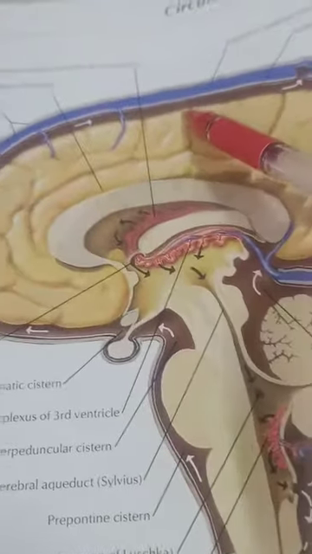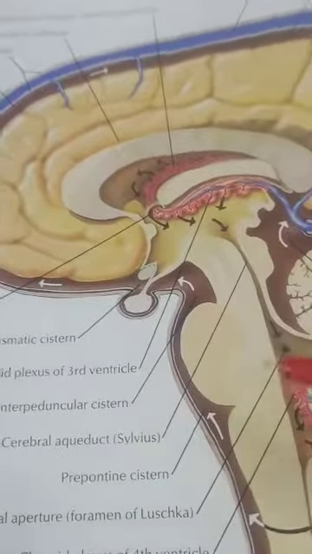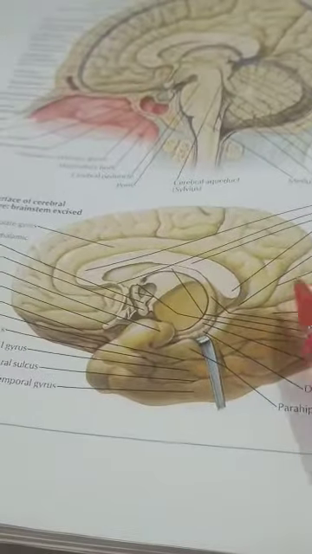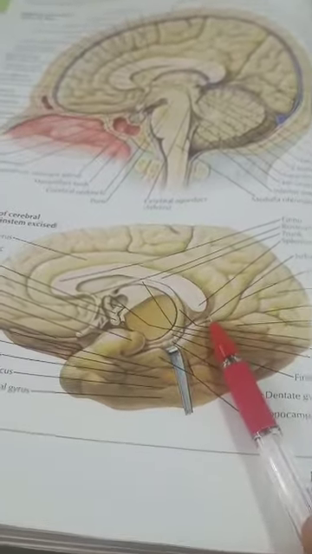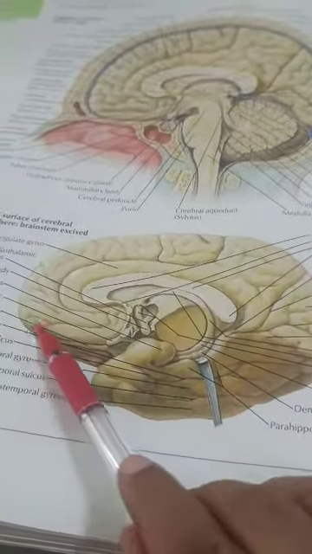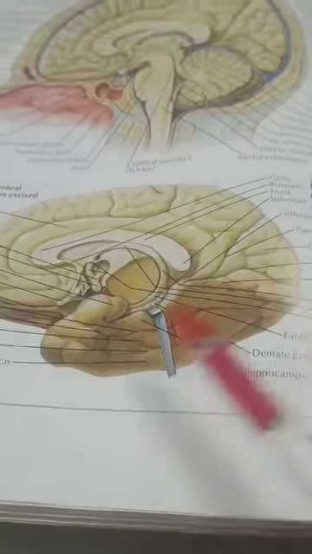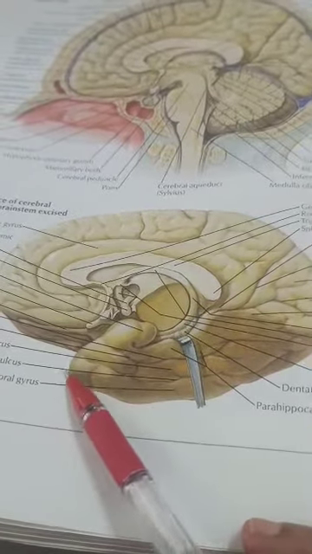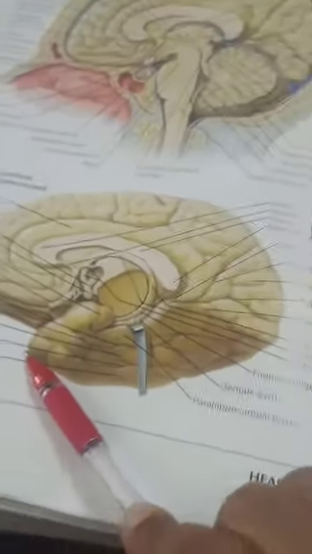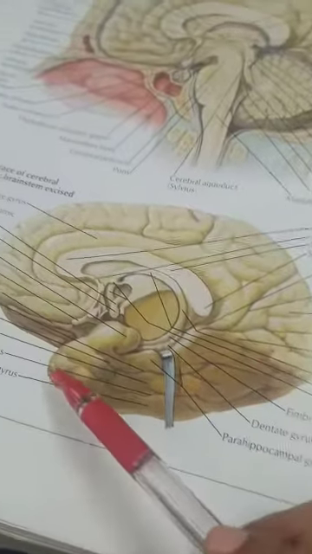So it passes through the subarachnoid space below the arachnoid mater. Okay. Coming to the cerebrum, so this is the cerebrum. This is one cerebral hemisphere. Each cerebral hemisphere has three poles, that is three ends we can see. This is known as the frontal pole. Here posteriorly this is the occipital pole, and inferiorly this is the temporal pole. So three poles can be seen in each cerebral hemisphere: frontal, occipital, and temporal poles.